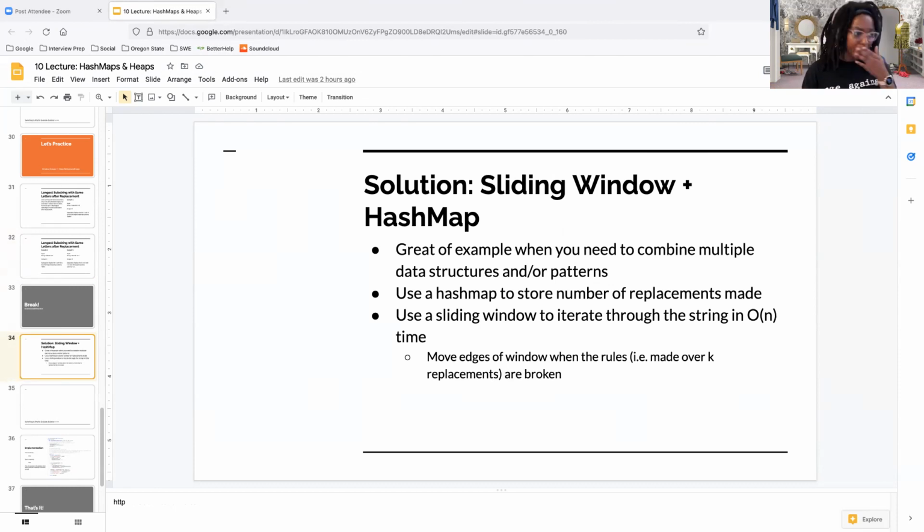Basically what you do is you have 2 pointers and you use them to iterate through your array. And you keep those pointers in place until a rule breaks. Like, for instance, you've run out of replacements and you need to adjust for that rule breaking. So one thing we can do is use a sliding window to keep track of what that longest substring is. And then we can also use a hash map to store the number